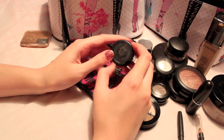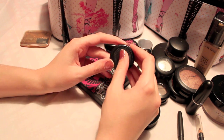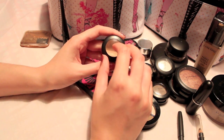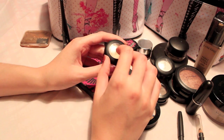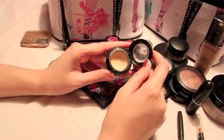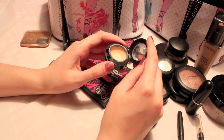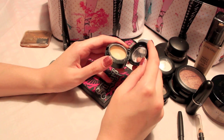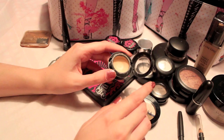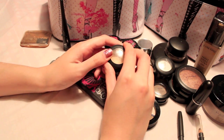This is my concealer, and it's MAC NW15 Studio Finish Concealer. And I have to say that I do like it very much. It's creamy and thick, and if you have any blemishes, it really does the trick. My only qualm with this is that it's just ever so slightly too dark for my skin tone. But I've yet to find a concealer in my perfect skin tone, so